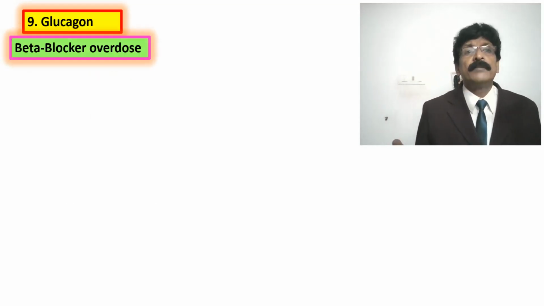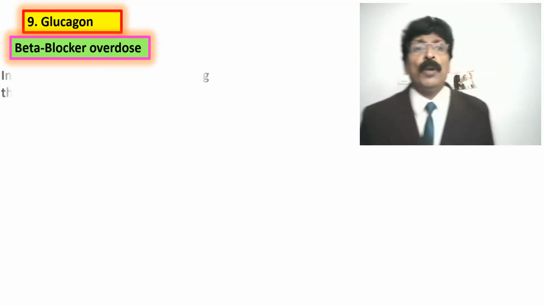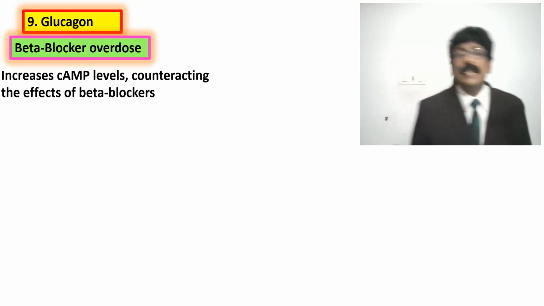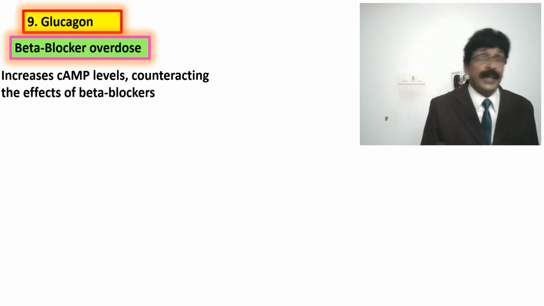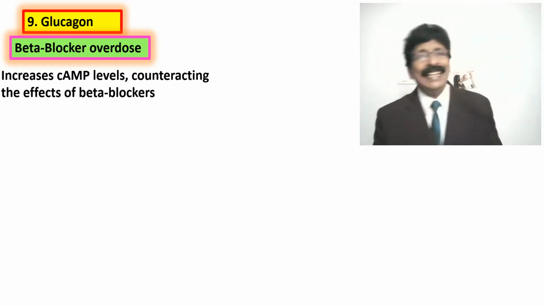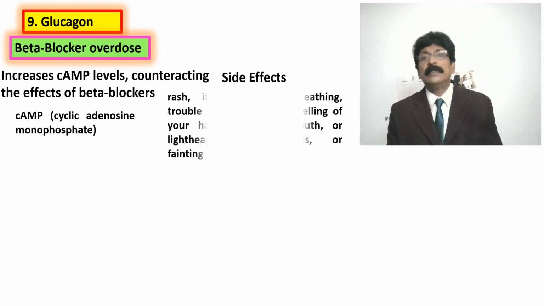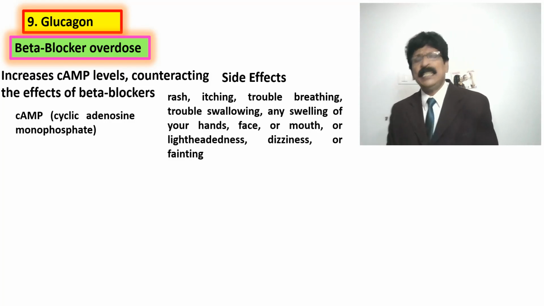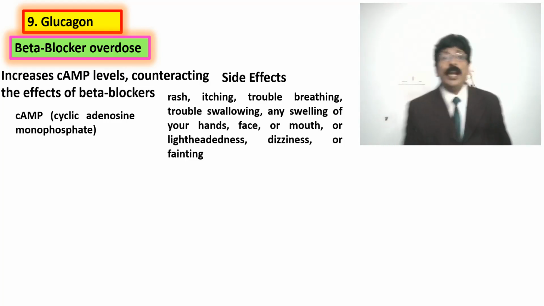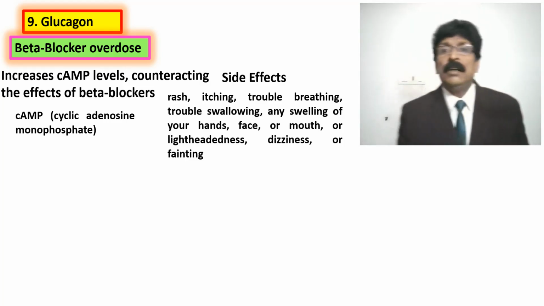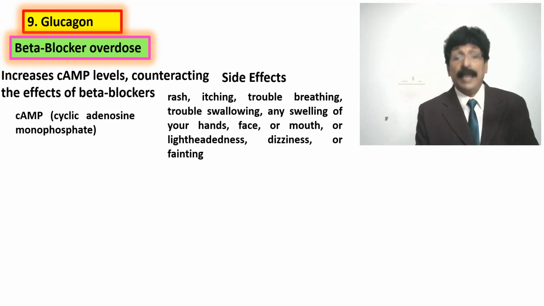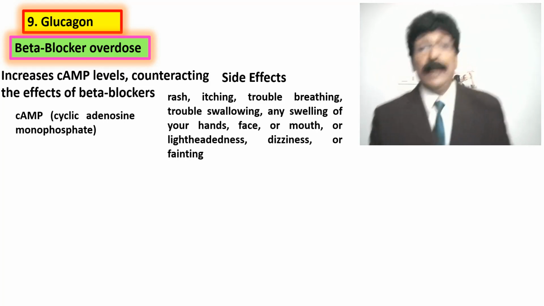Glucagon is for beta blocker overdoses, increases the cyclic adenosine monophosphate levels, counteracting the effects of beta blockers. The side effects: rashes, itching, troubled breathing, troubled swallowing, any swelling of your hands, face or mouth, or lightheadedness,